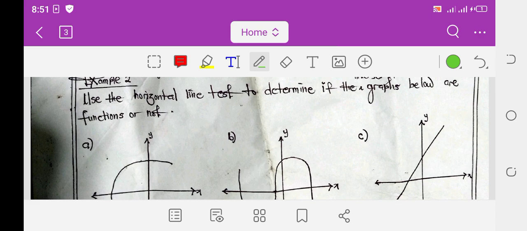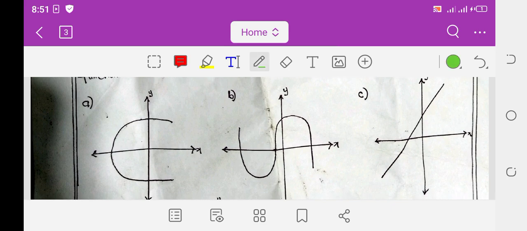The examples so that we see how we can use the horizontal line to determine if at all a graph is a function or not. Now, look at the first part. The first part is this graph. So the horizontal lines are going to pass like that. So these lines, we are going to notice that these are intersecting at one particular point. You can conclude that, for the first one, the inverse of the first function, of the first graph rather,